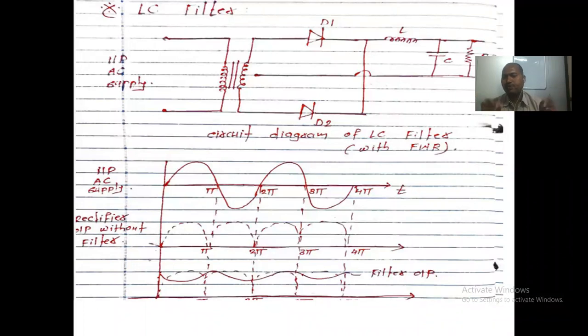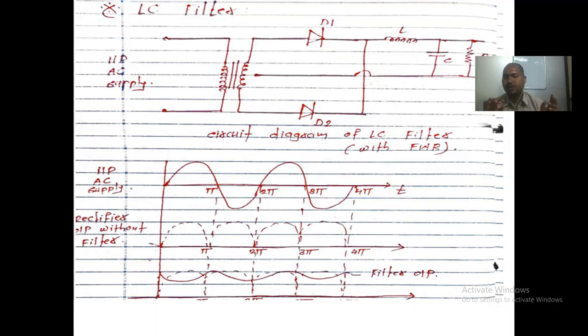We have a bulk amount of AC available, but we do not normally have DC available, because we have to convert the AC voltage into DC. Only at that time do we get the DC. That is why we use the AC to DC converter, which is nothing but a rectifier.